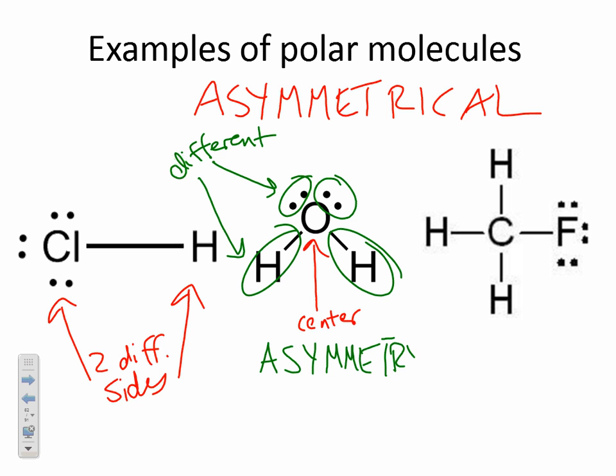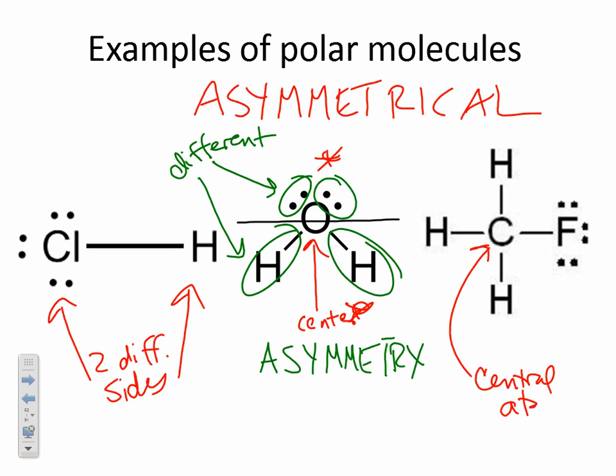If you draw a line here through the water, notice that this side by the oxygen is different from this side by the hydrogen. That's polar. There are 2 different sides. There's a side with the lone pairs on the O, and there's a side with the H's. It's not the same all the way around. It's polar. Looking at this last example, again, you always want to focus on the central atom